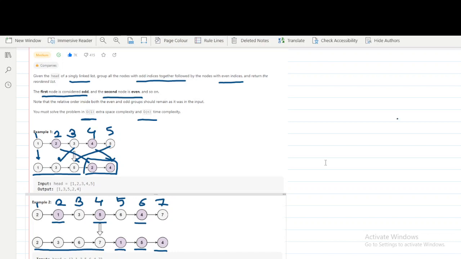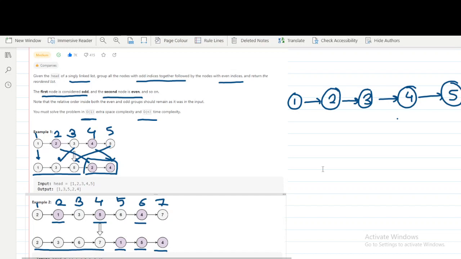So we have 1, 2, 3, 4, and 5. Now what we have to do is separate these even indexed nodes and push them back in the same order as they are. So first this will come, then this will be there in our answer, right? Now what we can do is